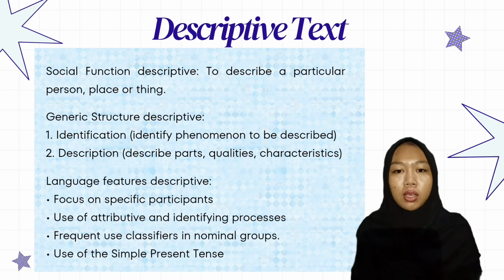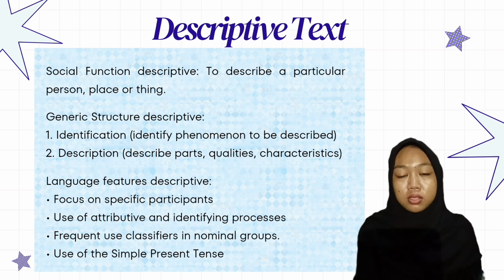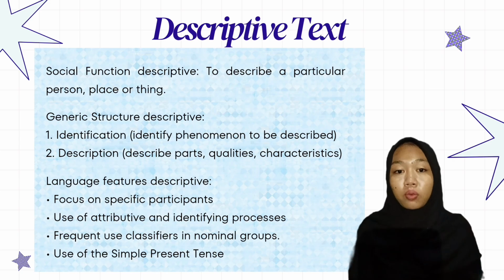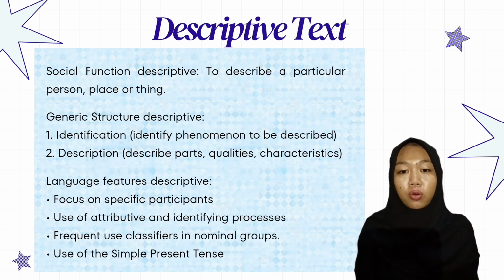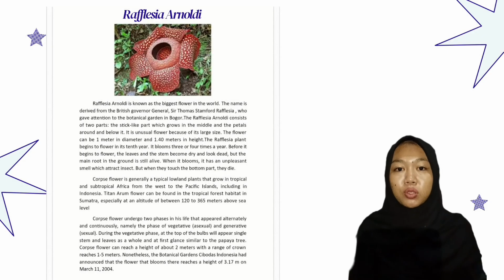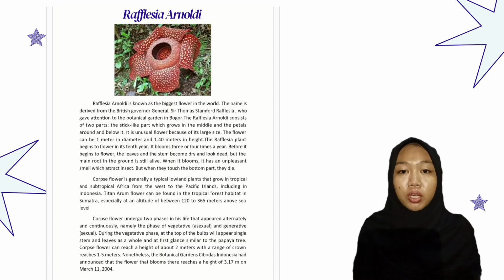The language features are focused on specific participants, use of attribute and identifying processes, frequent use of classifiers in nominal group, and use of simple present tense. So, descriptive text focuses on describing something in detail. Now, let's look at the example of descriptive text. This text describes Rafflesia arnoldii as the